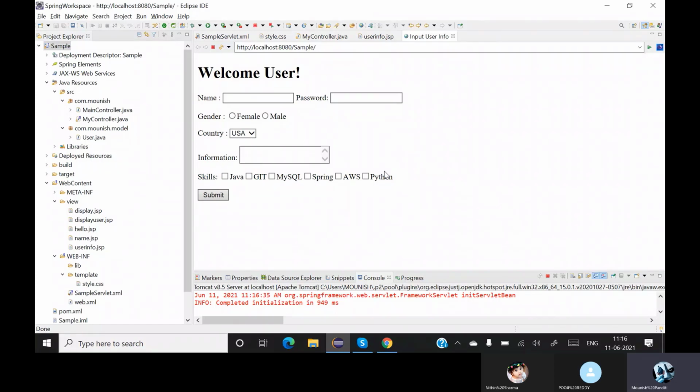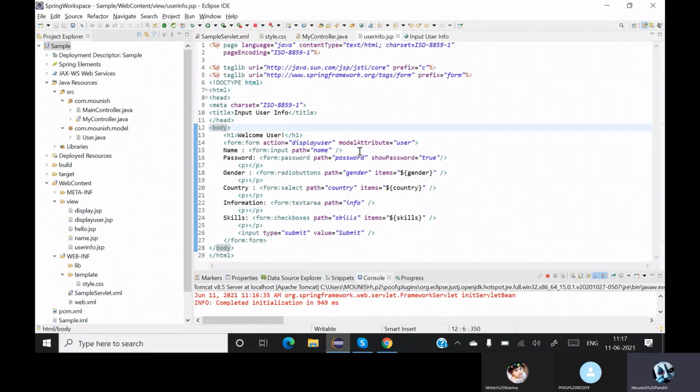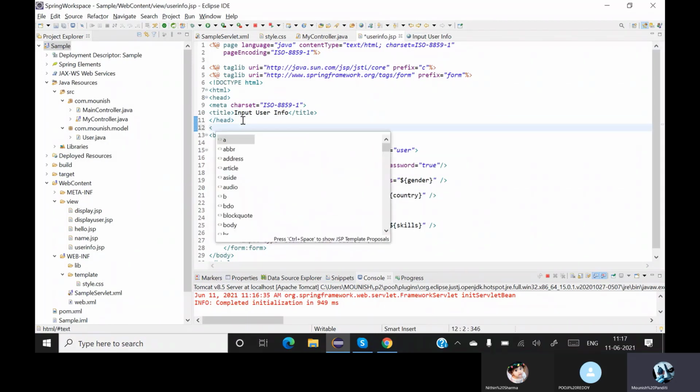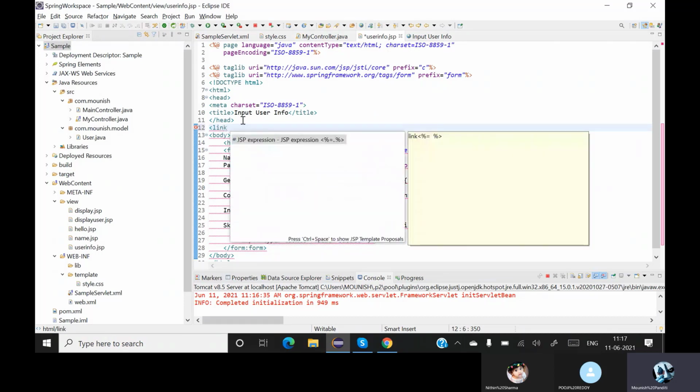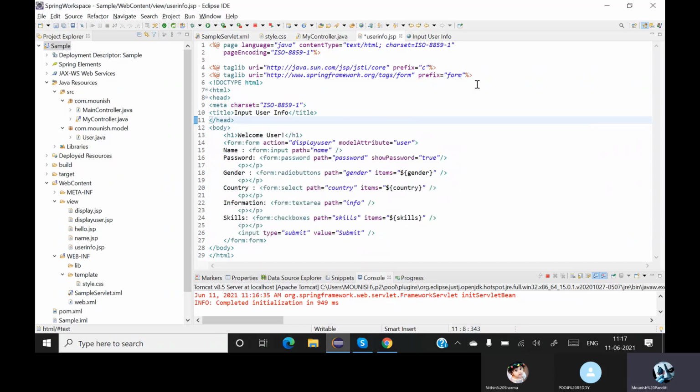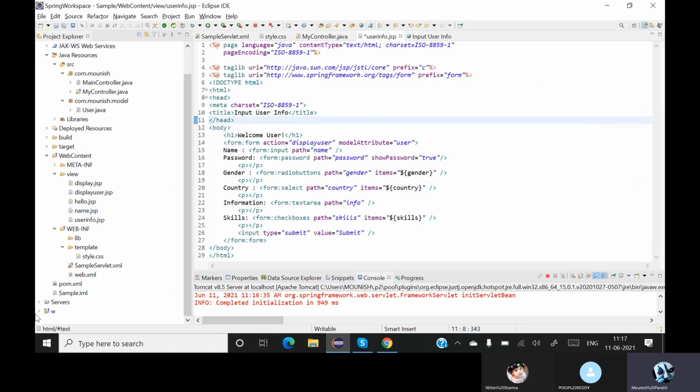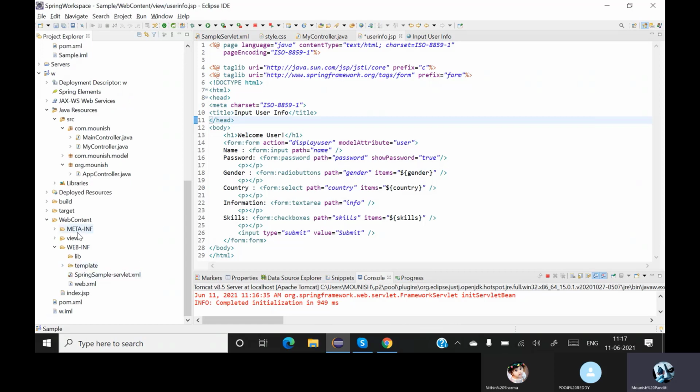So first we need to make some changes. On the head, after this, you need to give a link. This is not at all a JSP expression tag and all. Instead of wasting the complete time, let me open my user form, I think the name was display user.